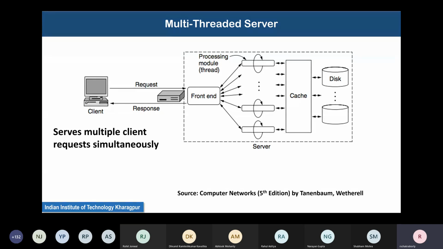It is a relatively fast memory from which it can get information that had already been retrieved from its disk. Maybe it's just memory; in this case, large memory might also be called cache. And all these threads continuously work and give services to the individual clients.